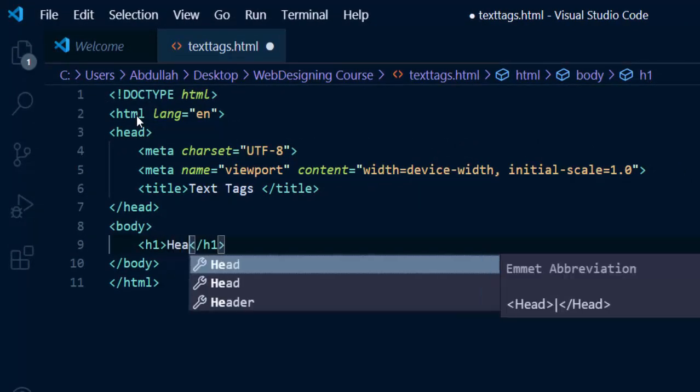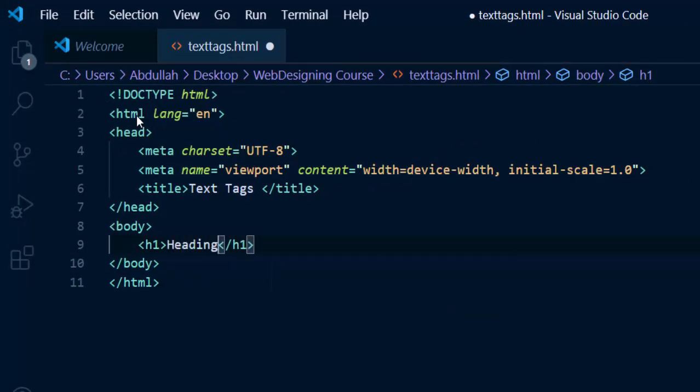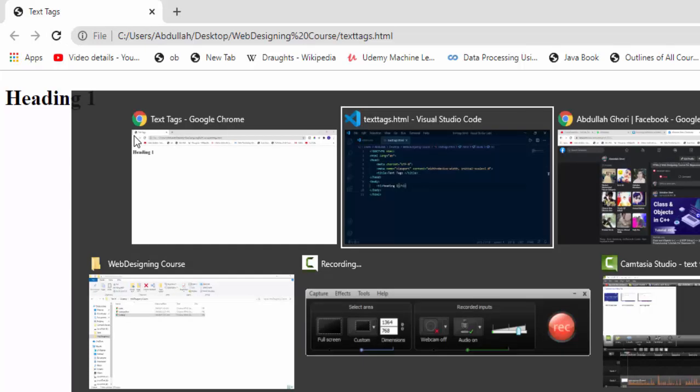Now I will write heading 1 inside the tag. It means on the website or web page you can see this content. This is your tag and this is your content in the tag. Now let me press Ctrl S. For the Mac you need to press Command S. Then we will go back to the browser and here you need to press F5 or you can click on this refresh button. You can see heading 1 is written on the first line. Now this is heading 1.